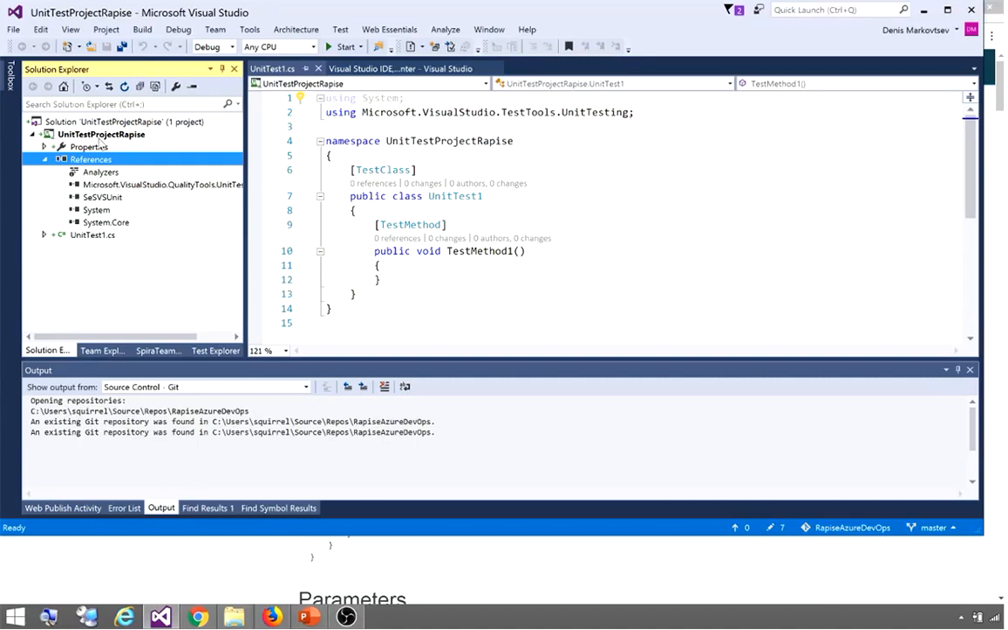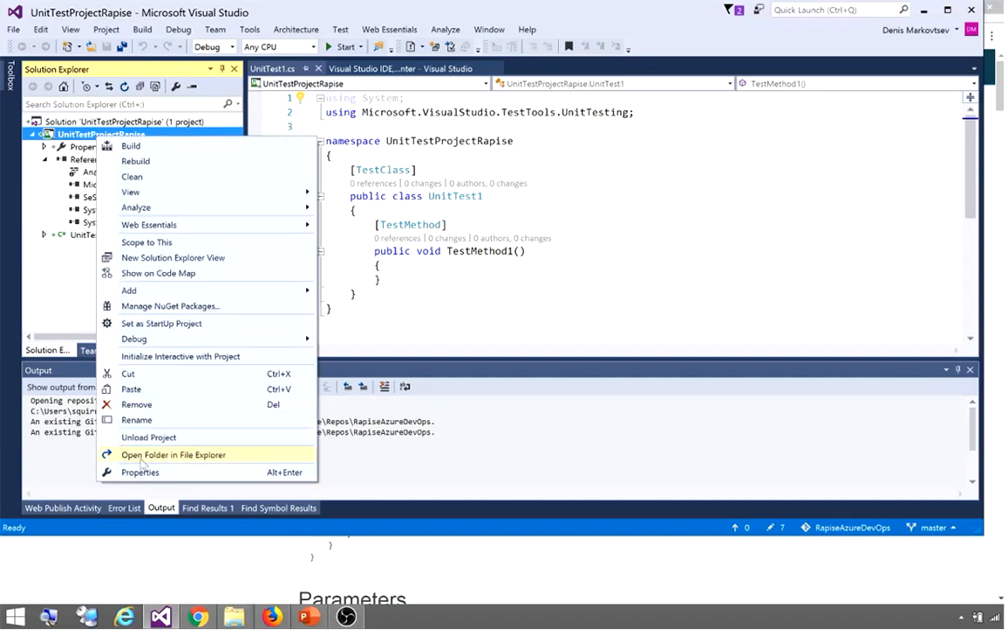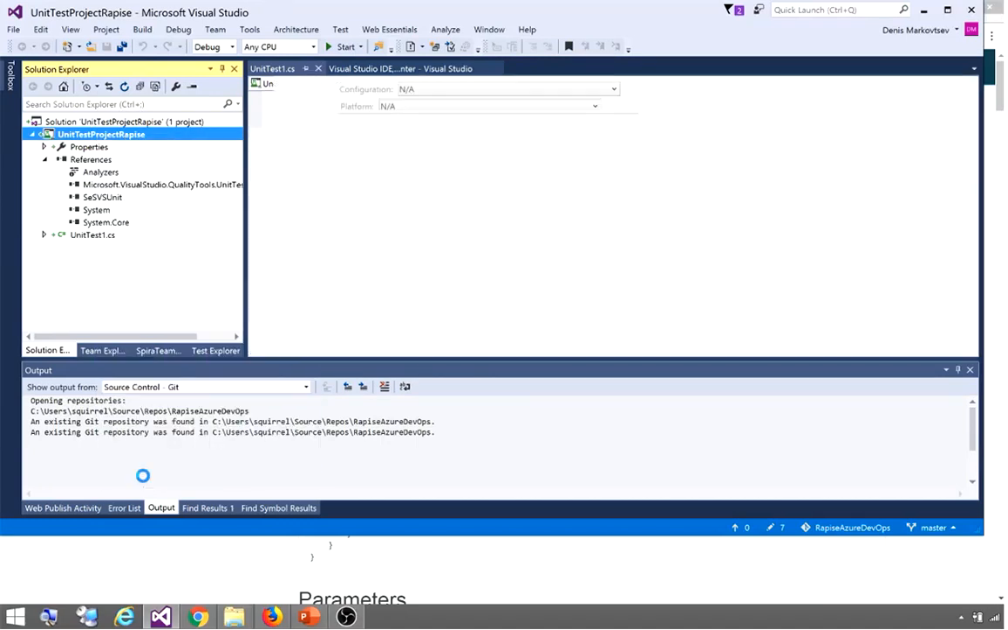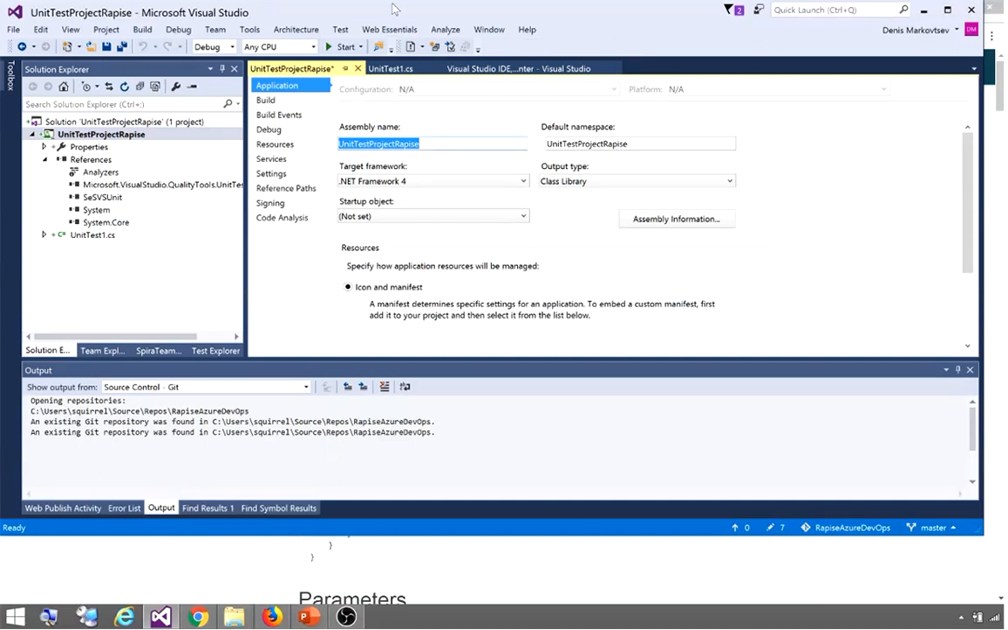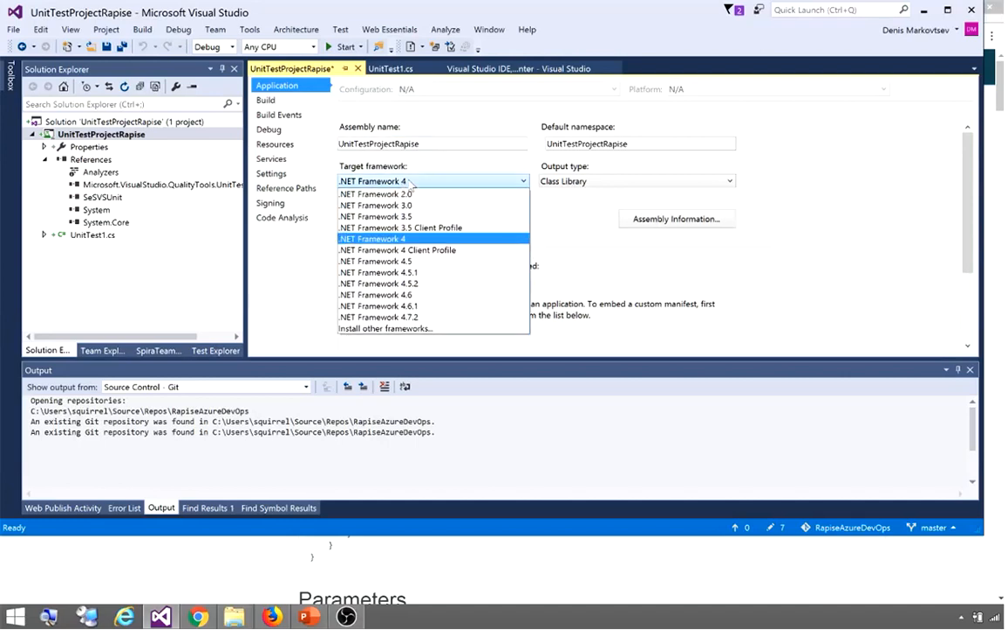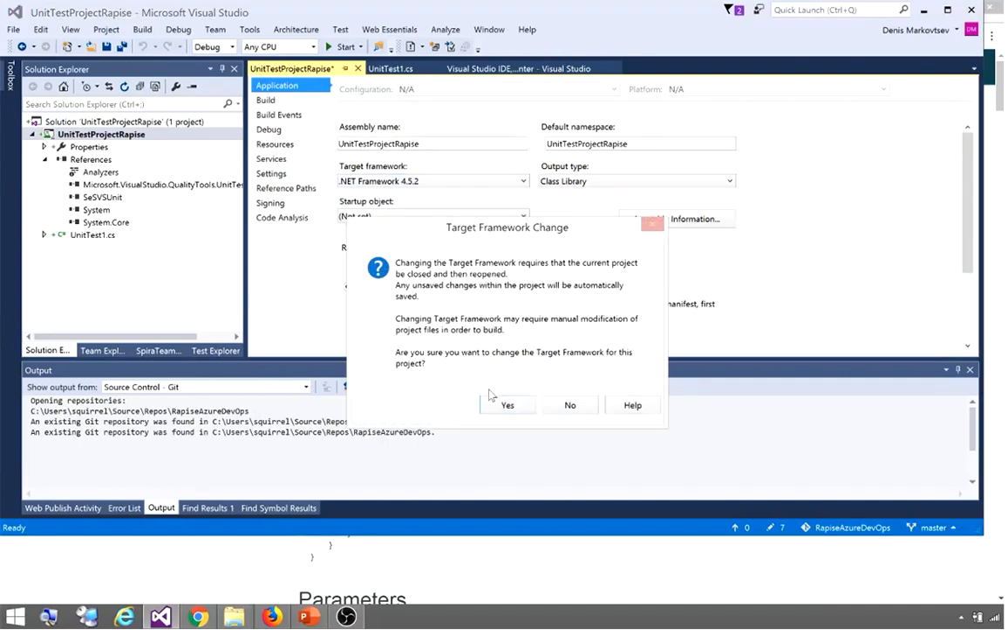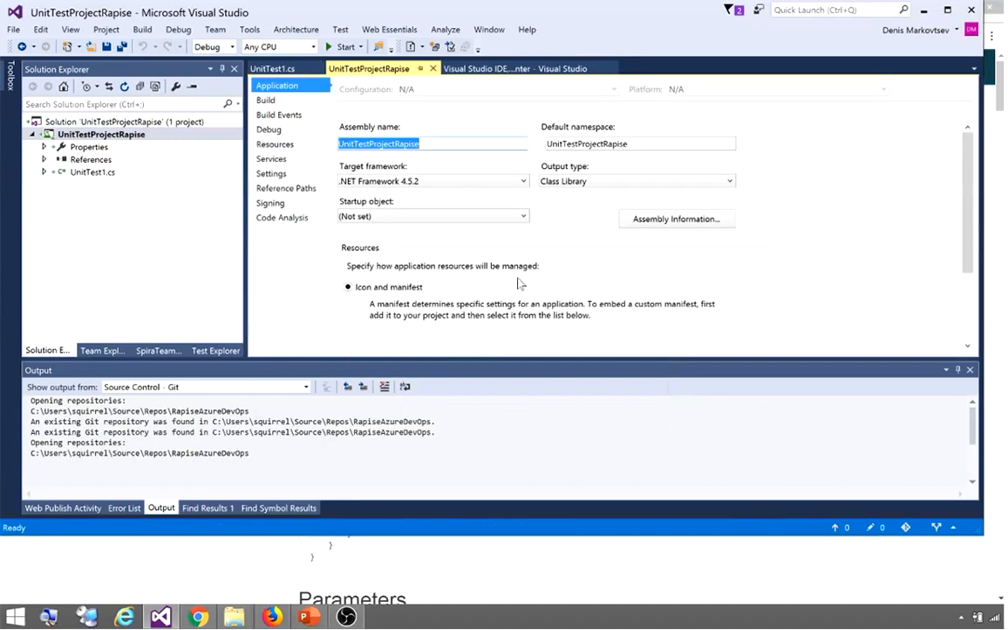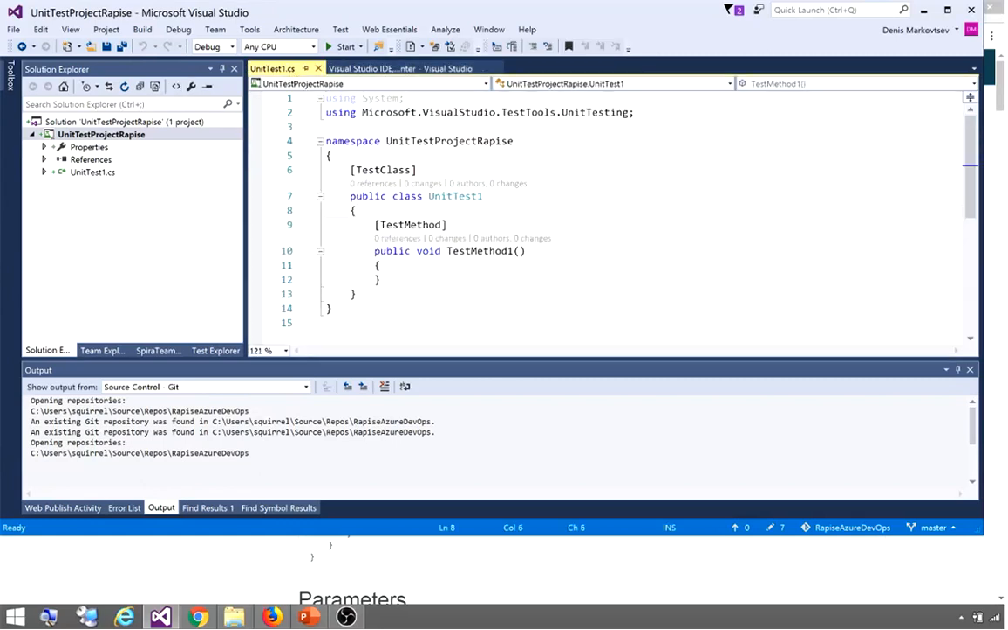The next thing I will do is go to project settings. I have Visual Studio 2015, and by default it creates a project with .NET Framework 4. I will change it to 4.5.2. This is the framework used to build the DLL we just referenced. Okay, so now in my unit test project,